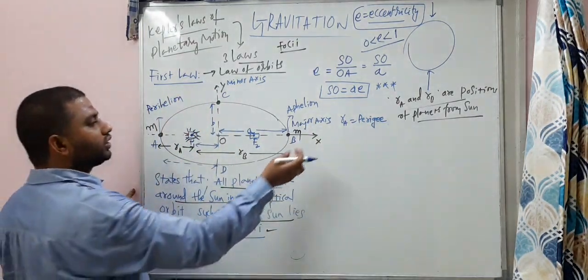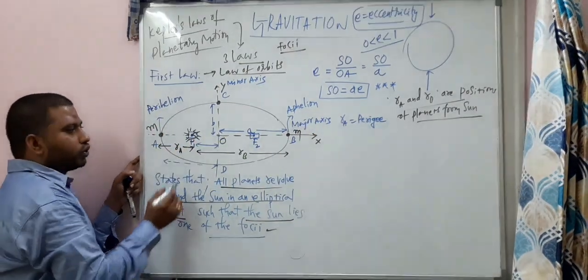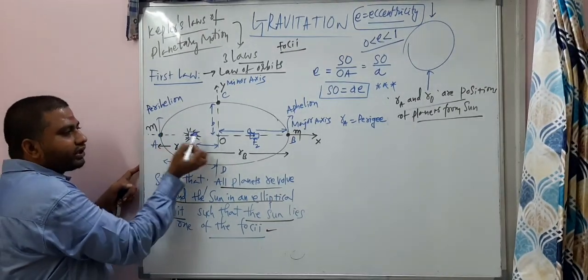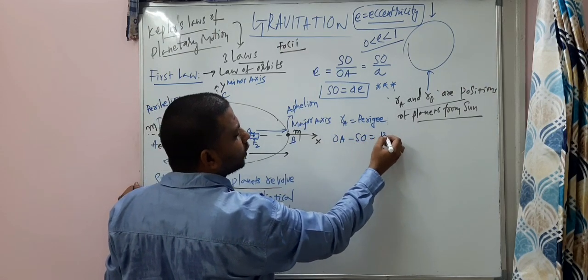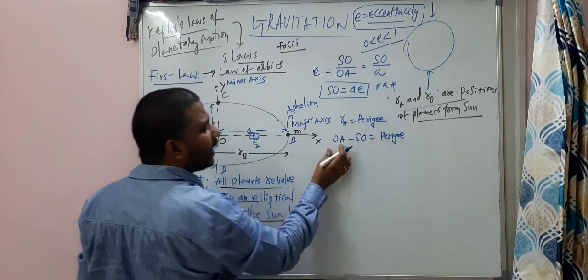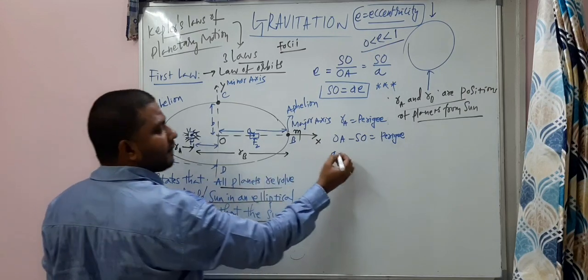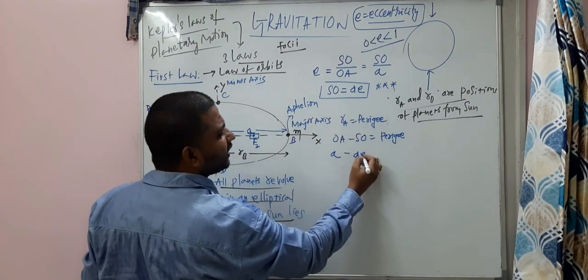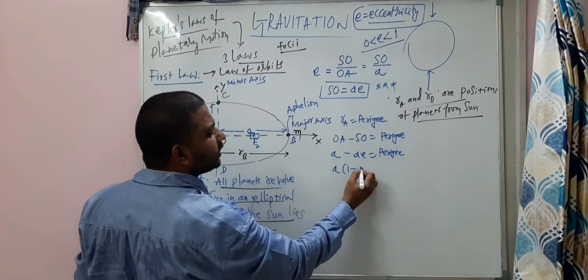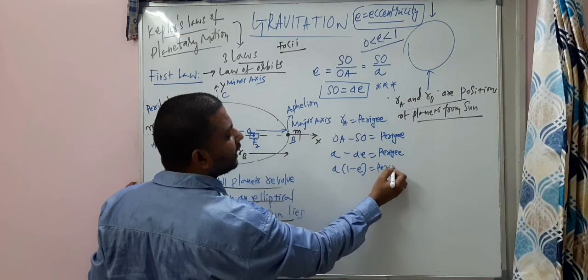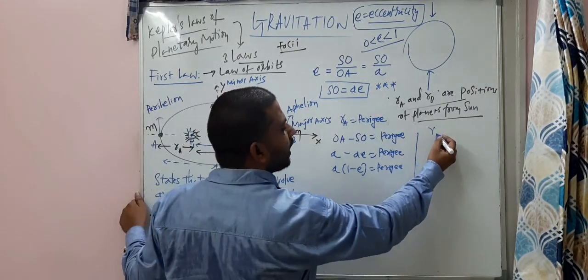No problem. So this RA, I can write it as OA minus SO. I need this RA, and you will get it from OA minus SO. OA minus SO is equal to perigee. OA is A, the semi-major axis, minus SO which is AE. So that is equal to perigee, and you get A into 1 minus E. So that's perigee. Okay. Now, if you want RB, RB is called